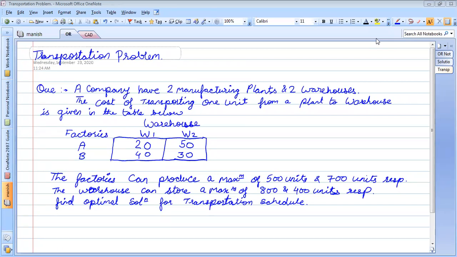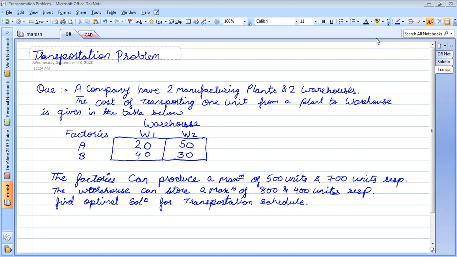Let us start with unit number 2, the application of LPP, that is linear programming problem. We have already completed our unit 1 with linear programming problem. We have solved first the formulation of a problem, how to formulate a given word problem into the numerical equations, how we write the objective function, the different constraints, and the non-negativity constraint, everything should be written, and then it can be solved using a graphical method or a simplex method.